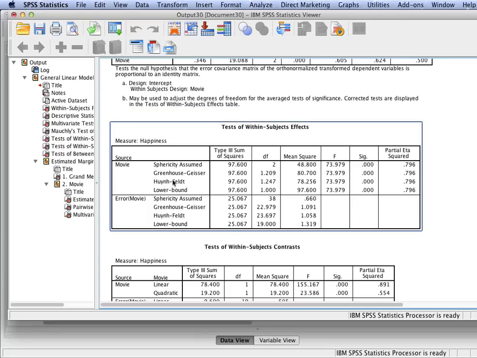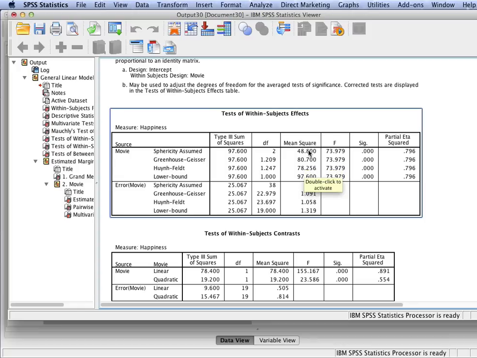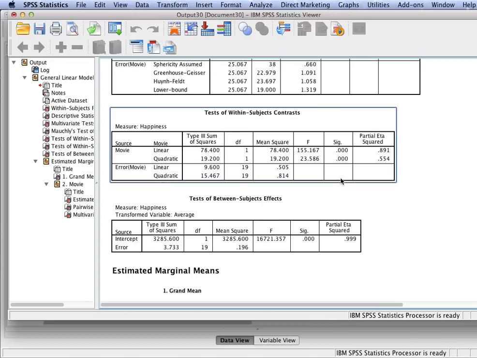So as we can see here, there is a significant difference between the 3 types of movies, and it is rather large because this F is pretty big at 73.979. We do, however, have to make an adjustment to this F and recalculate it based on what the error term was from our original analysis. And unfortunately, I can't remember it because I forgot to look, but we'll go run it again. But what we would do is you'd have to divide 48.8 by 0.66, and that would give you your F here. So we'll have to adjust the F, but we do need to look also at the